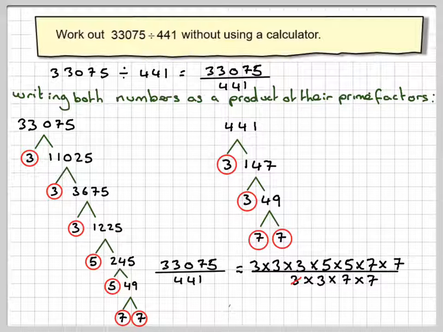The 3's will cancel. Another 3 will cancel. That 3 won't cancel, the 5 and 5 won't cancel, but the 7's will cancel. And therefore the division will work out to be 3 times 5 times 5, it's 25 times 3, which is